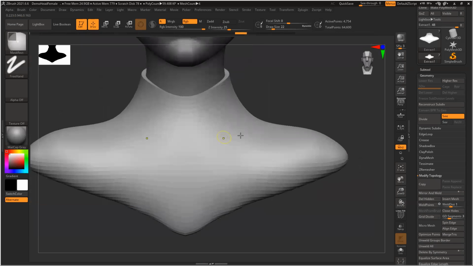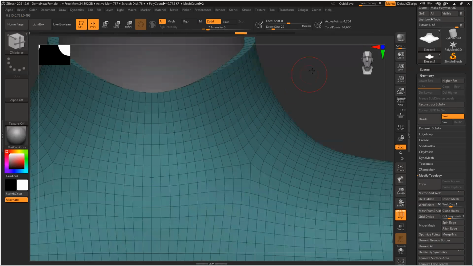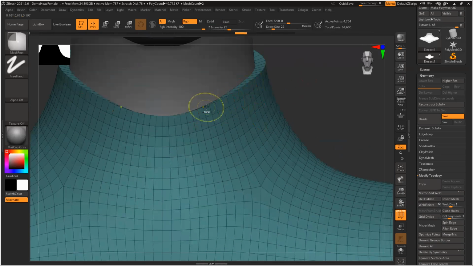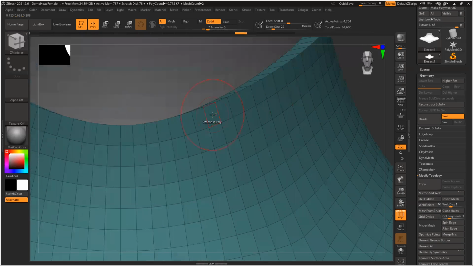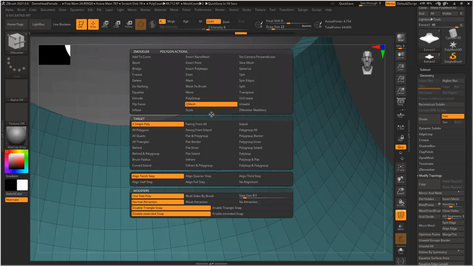Go to ZModeler, Shift F, and now suppose I want to select the single faces and create a polygroup. Select the face mode, edge mode, vertex mode, face, space bar. Whatever your cursor is on, like if it's on an edge, it will show the menu for the edge. For polygons, you can see polygon actions.